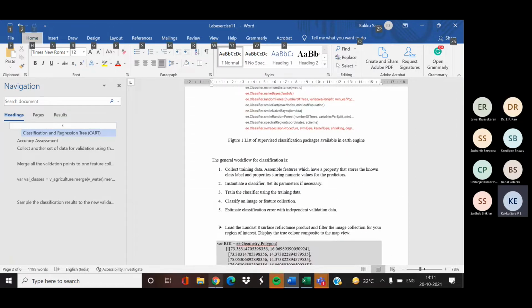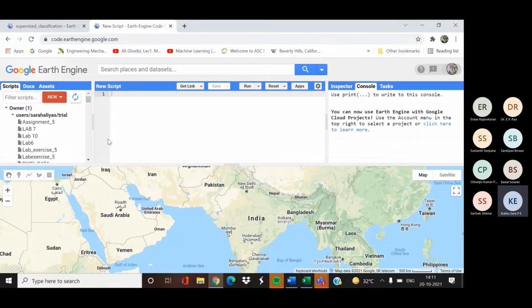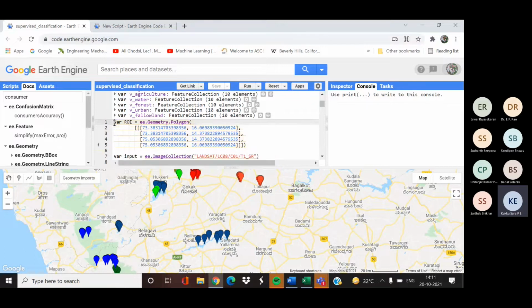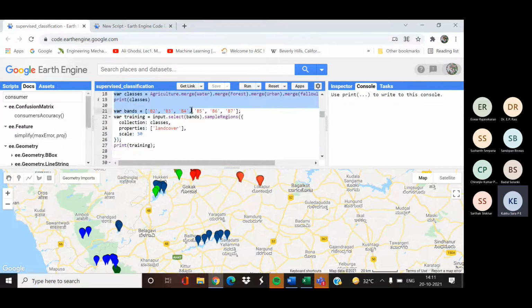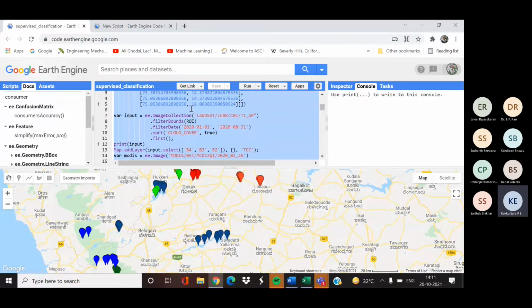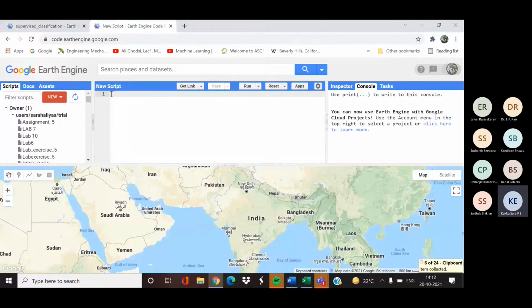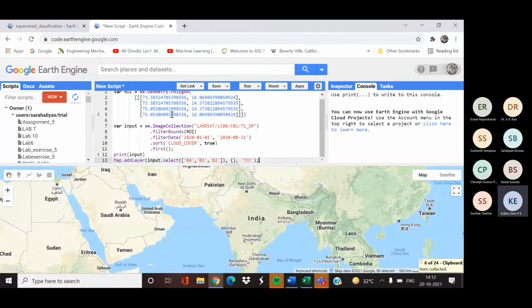We'll just go to the coding. Like always, import your data. I have used an area where a cloud-free image is available.